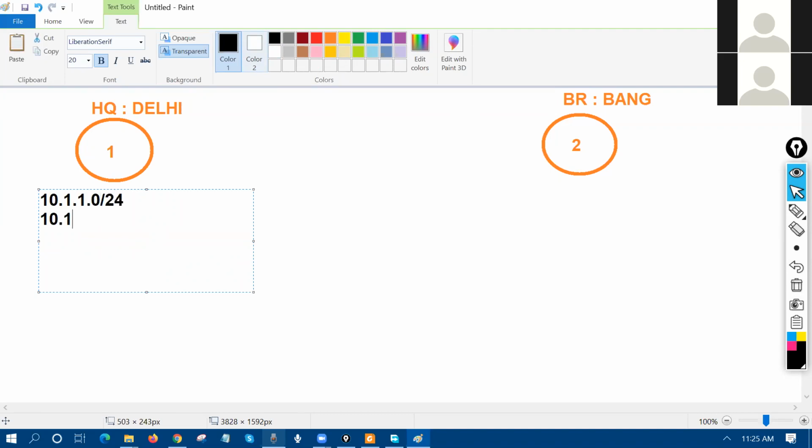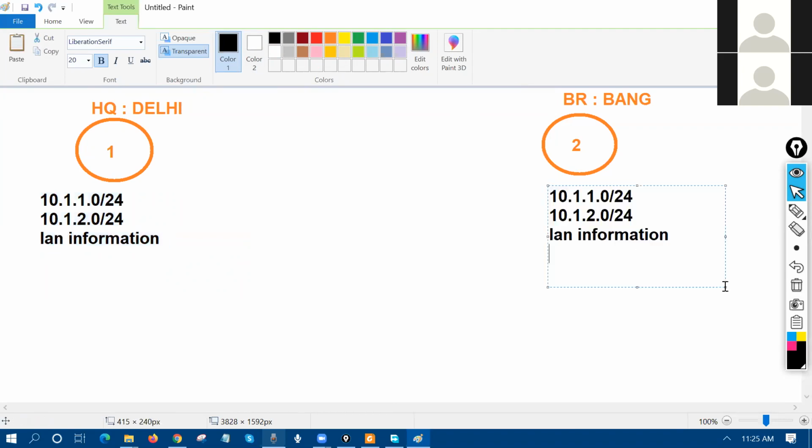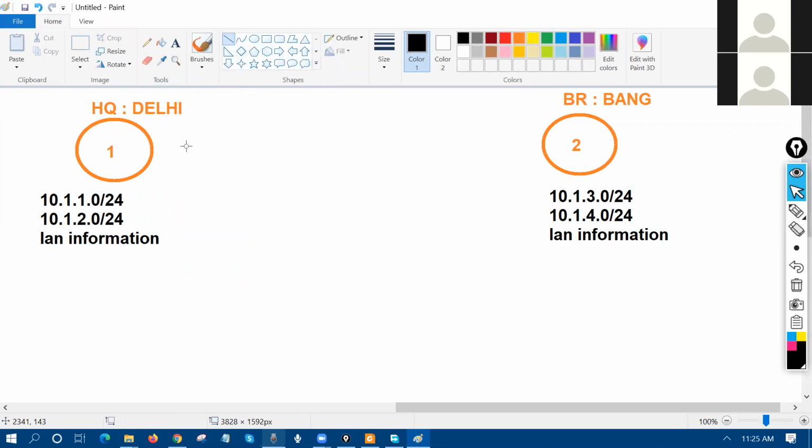At the same time we have LAN information over there. So this should be 3.0. This should be 4.0. And now we have a connectivity like this,